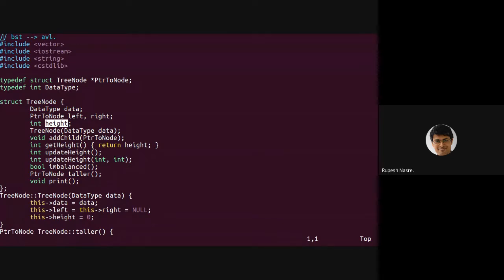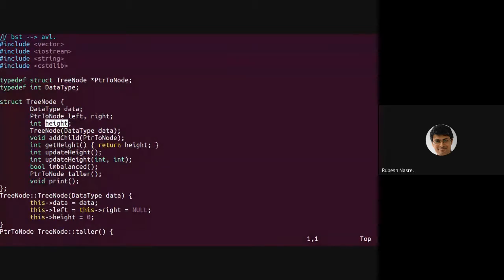But now, in the absence of that visual appeal, to concretize it, we would like to have a height embedded directly inside the node. Otherwise, we'll have to traverse the tree and find out. So that traversal gets avoided if we keep track of this height. But the downside is that you will have to maintain that height.